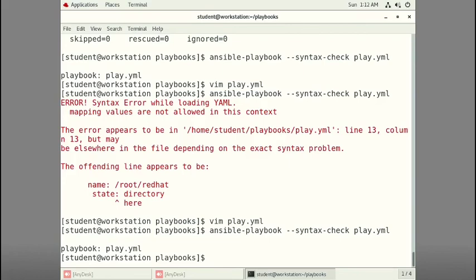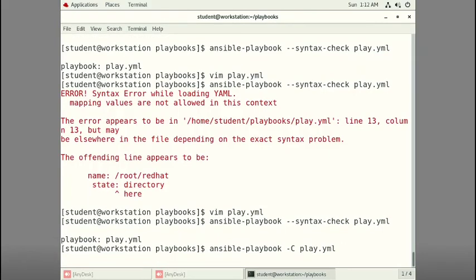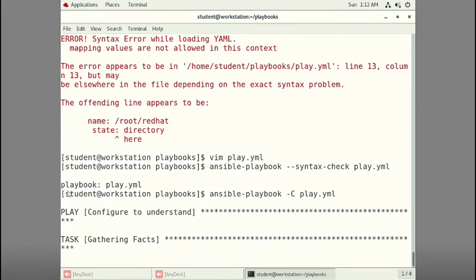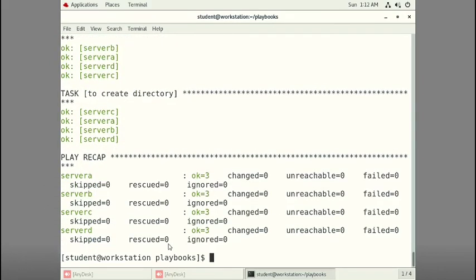One more thing is ansible-playbook -C, which stands for dry run. Before execution you can have a dry run. That means it goes through the running, but it will show you whether there is a problem after running or not. Dry run will help you run your playbook smoothly. If there is some error or issue, it will show you here itself, so you can be careful while directly running your playbook.